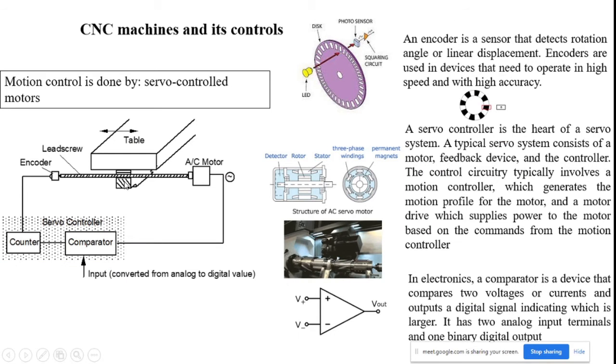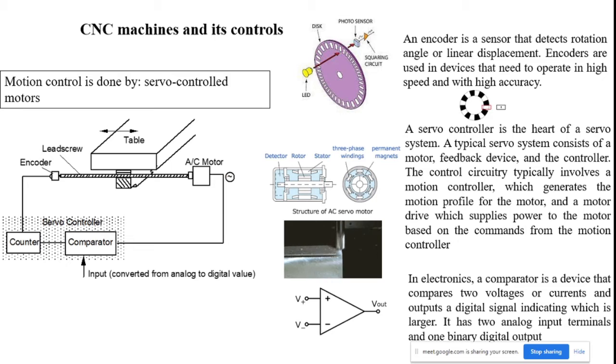Then let us see how the CNC machine is controlled. Next question: if I rotate the hand wheel, I can move the table on the guideways with the aid of a rack and pinion mechanism, or otherwise rectangular rack mechanisms. I can move the table, or otherwise I can use the guideways. From this I can adjust the movement with the lead screw, which means I can control the machine.